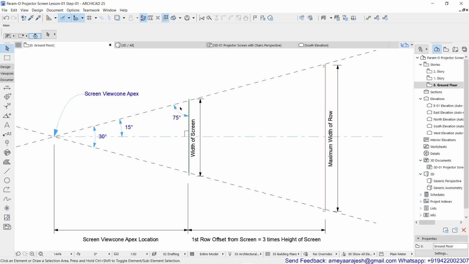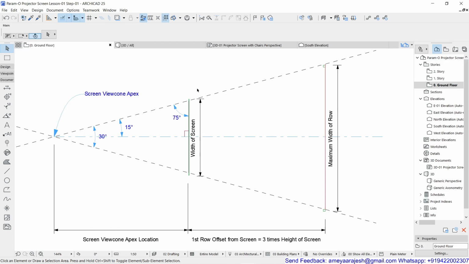The other angle will be 75 degrees. Now, with this data, I can find the distance from the screen to the apex cone, which is on the back side of my screen. And from there, the additional distance is three times the screen height.